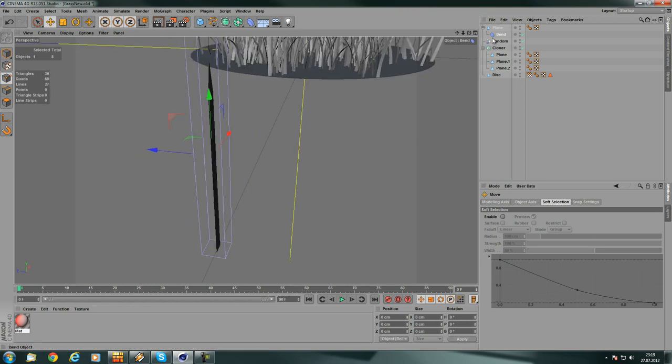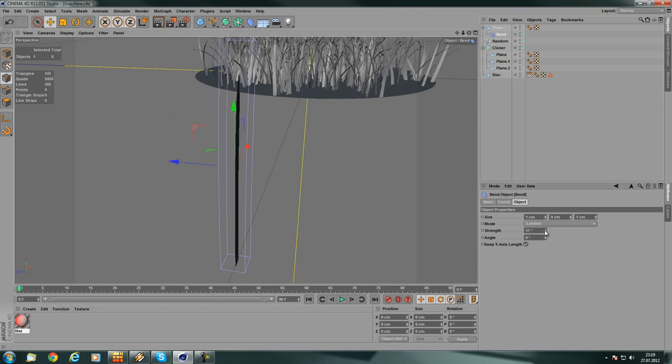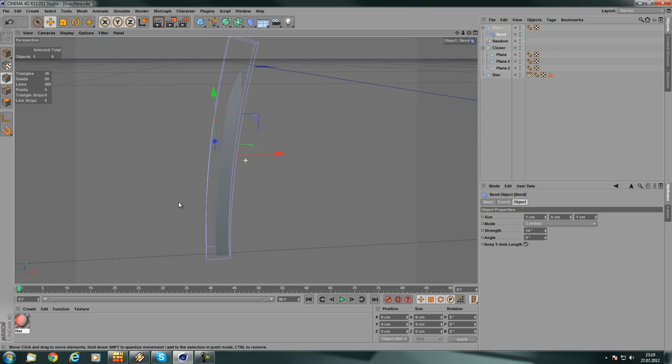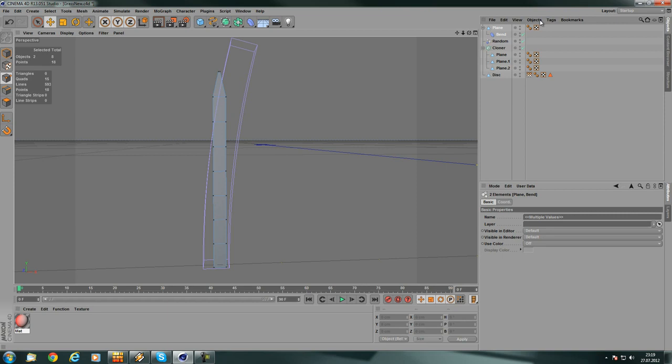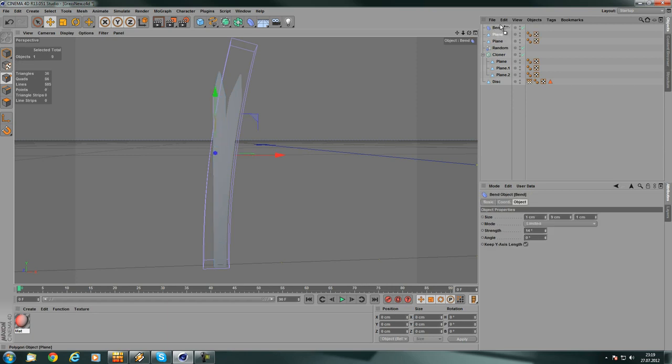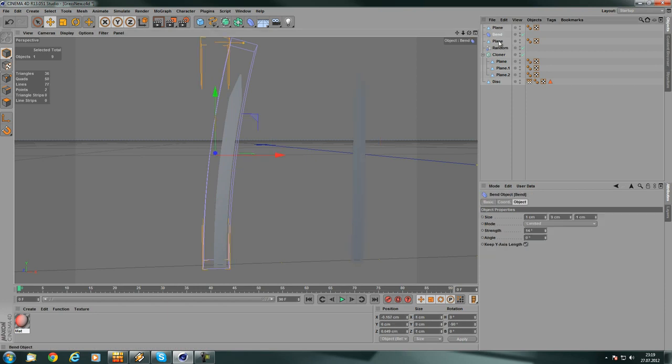So what you can do now is keep y-axis length and simply increase the strength, so it bends maybe a little bit in this direction, and then you can just simply select those two, go to objects, current state to object, delete this, oh no, maybe leave this where it is, and move it a little bit to the side. And then we take the band deformer again, move it again to the plane right here,